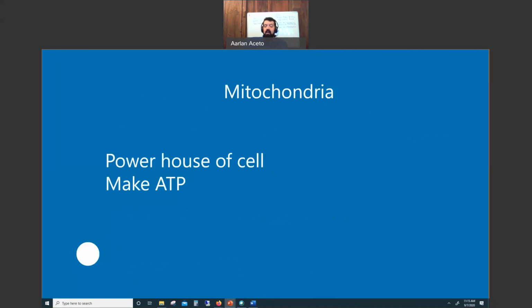powerhouse of the cell. Remember I said every cell, each of those 30 trillion cells we have in our body, are essentially little cities. Each of the little cities needs a power plant, and that's what the mitochondria are. For those of you who remember in high school, mitochondria are the powerhouse of the cell. From high school, that's literally all I ever remembered. They do make adenosine triphosphate as a power source, which